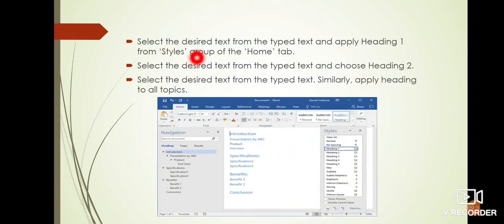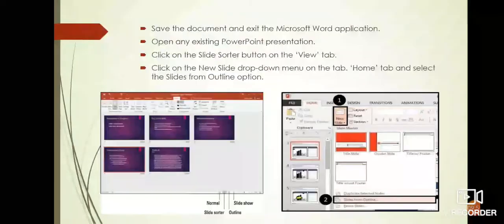Select the desired text and apply heading 1 from the styles group of the home tab. Here you have to select the text and apply it as heading 1, heading 2 and so on. Similarly, select all the topics and apply headings to them.